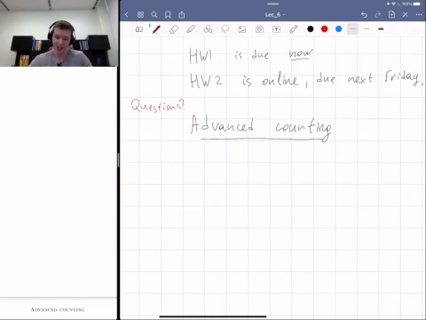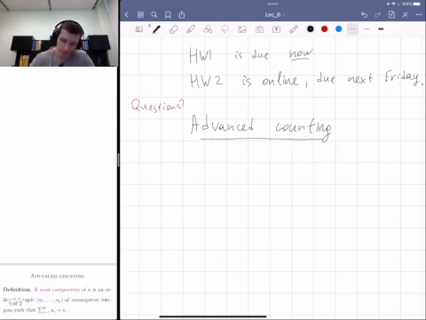All right. Okay, let's do some advanced counting. The first object we're going to consider is weak compositions. This is a very natural object, as many of them are going to be. So, a weak composition